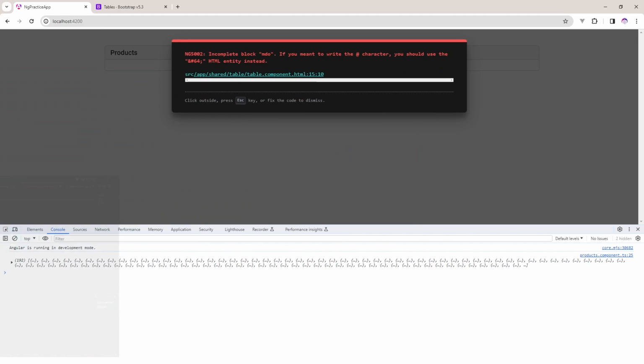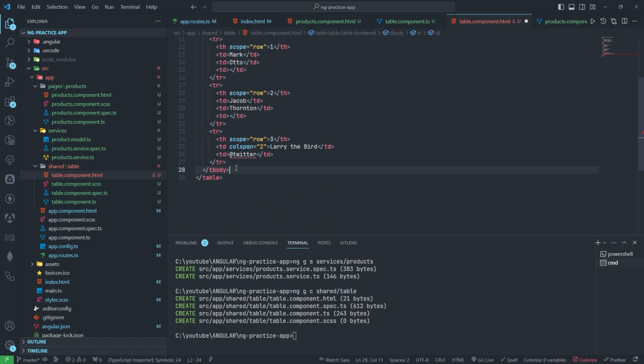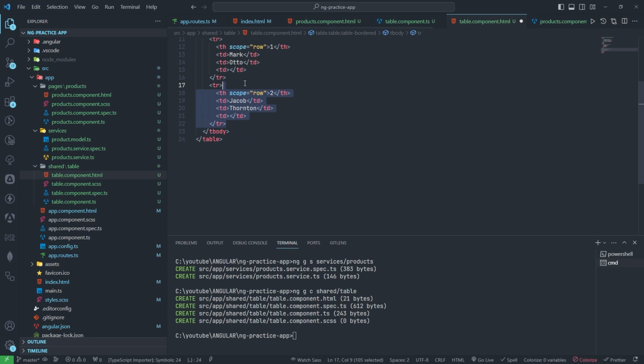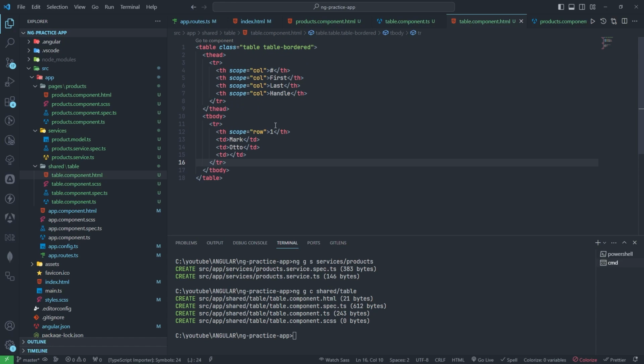Actually, this is saying about this. Let me remove this. Actually, we don't require much data in this. Let me remove this. Okay, fine. So here I think because this thead form and this tbody we will provide from the parent